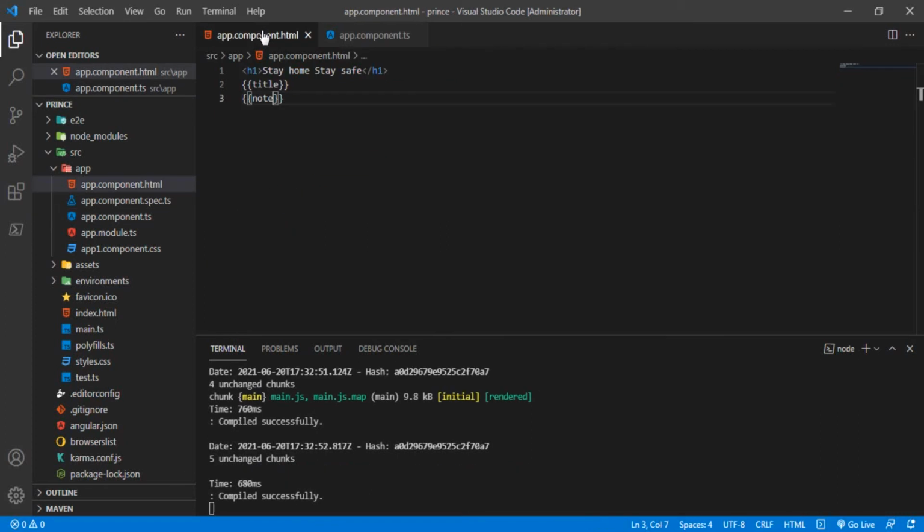And I will call this function inside a string interpolation syntax like this one, in the h1, and I will write the string interpolation syntax. And now I will call the method here like getName, like this one.